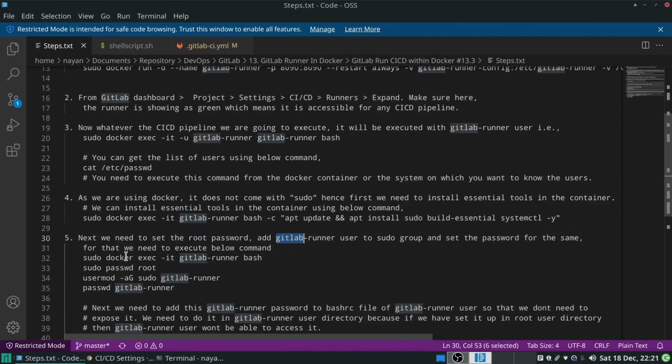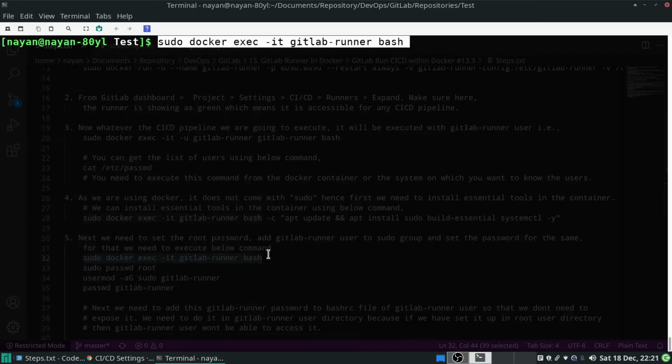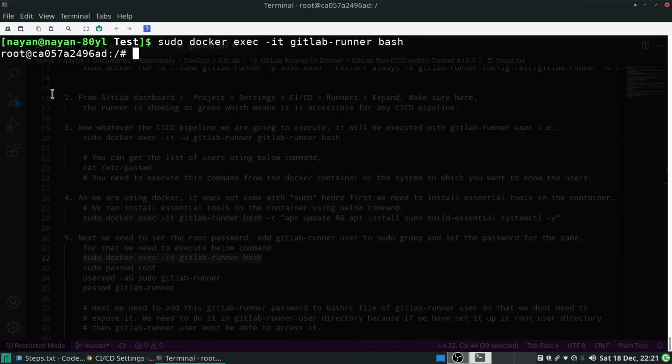Okay, so first I need to execute this command. Over here we have not used the -u gitlab-runner option because we want to start the bash shell as the root user. So you can see that when we execute this command, it starts the bash shell as root user.